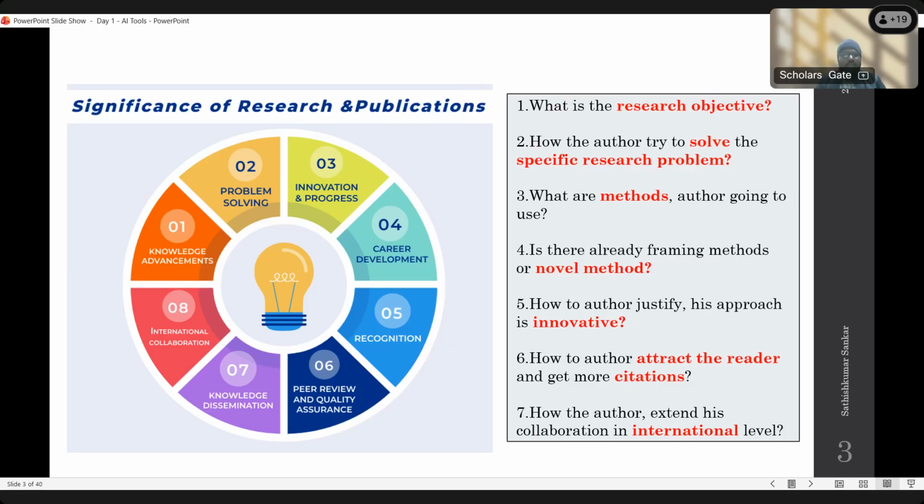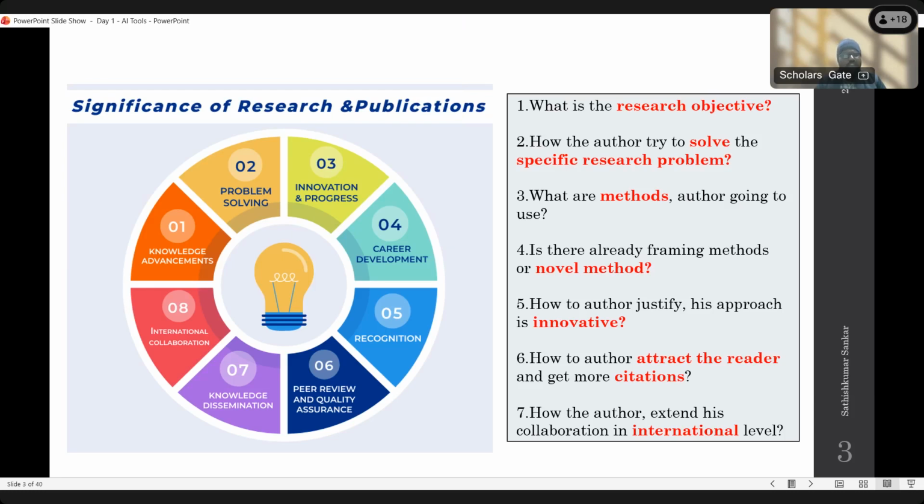If you don't have any companion, we can submit to the journal. Once the editorial board accepts our article, it goes for the review process. There are different types of review process, I will let you know later. Once the review process is initiated, the request is sent to the reviewer to review that particular research article. Once the reviewer accepts the request, they will submit the review comments within 15 days.